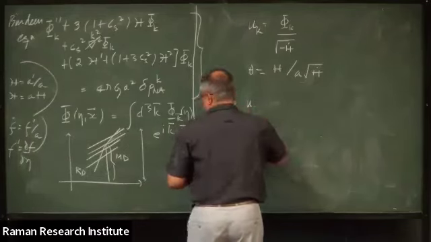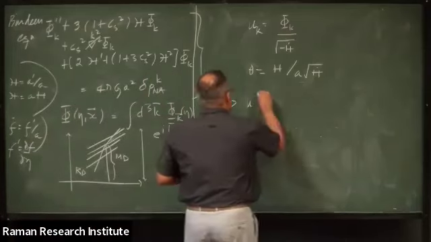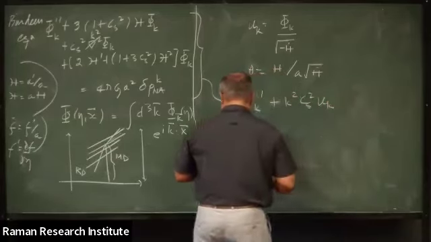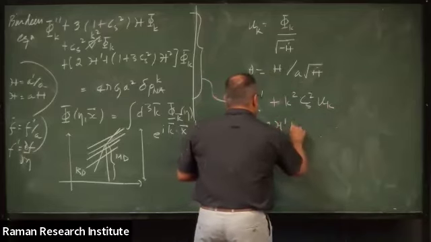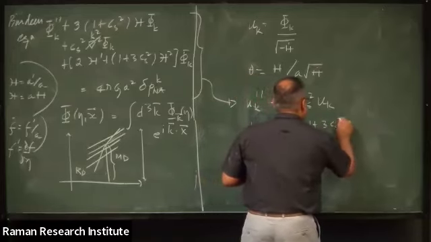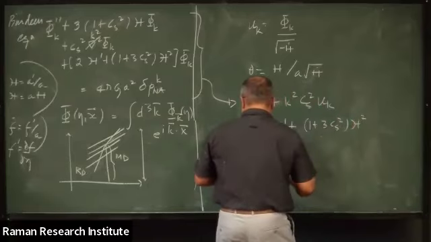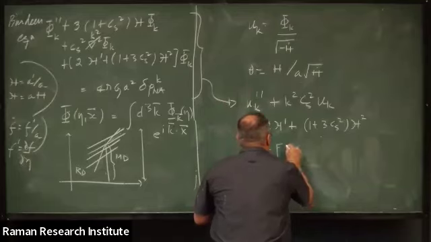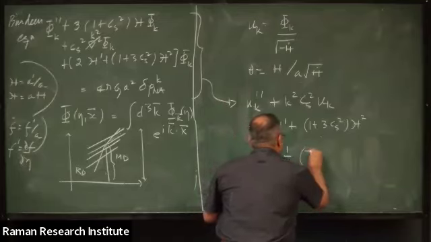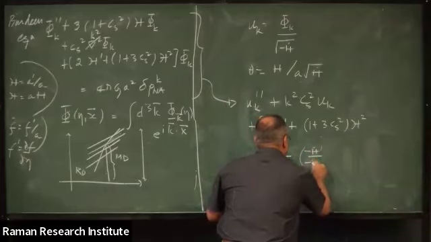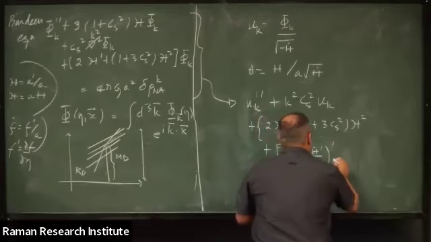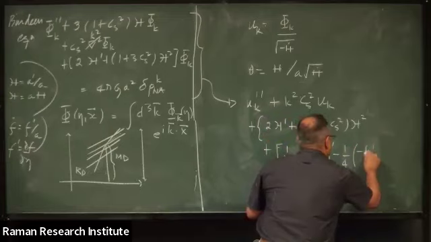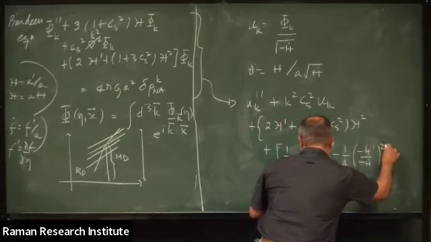U_K double prime plus K squared C_S squared U_K, plus 2H prime plus 1 plus 3 C_S squared H squared, plus half minus H dot prime divided by minus H dot whole prime minus 1 over 4 H dot prime by minus H dot whole square,